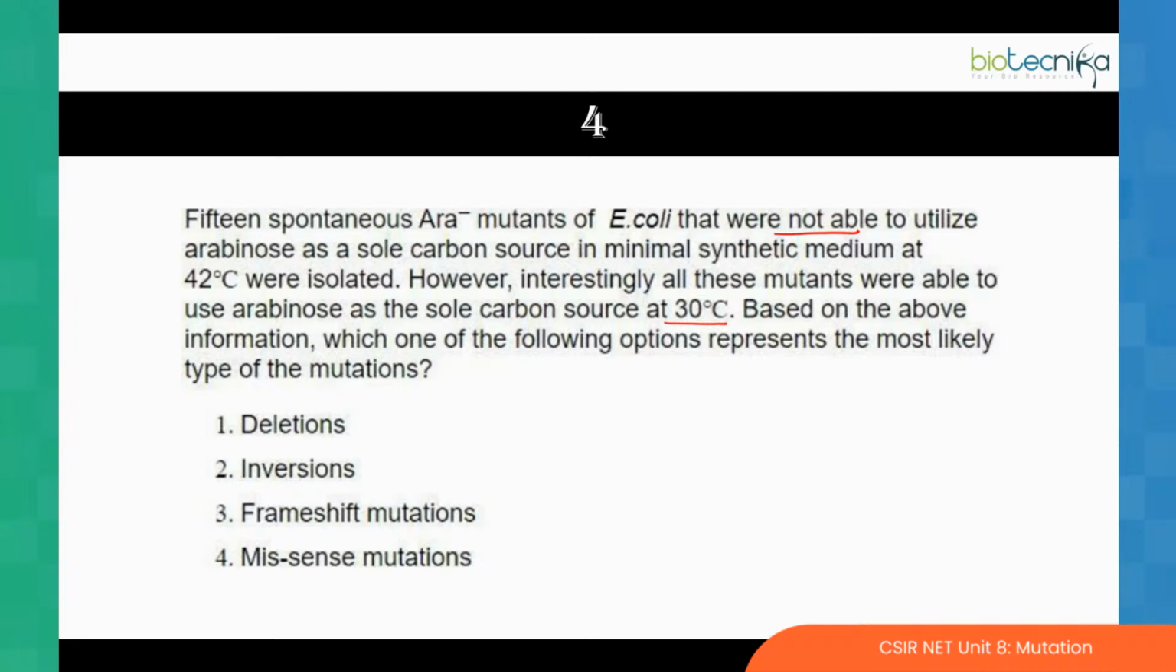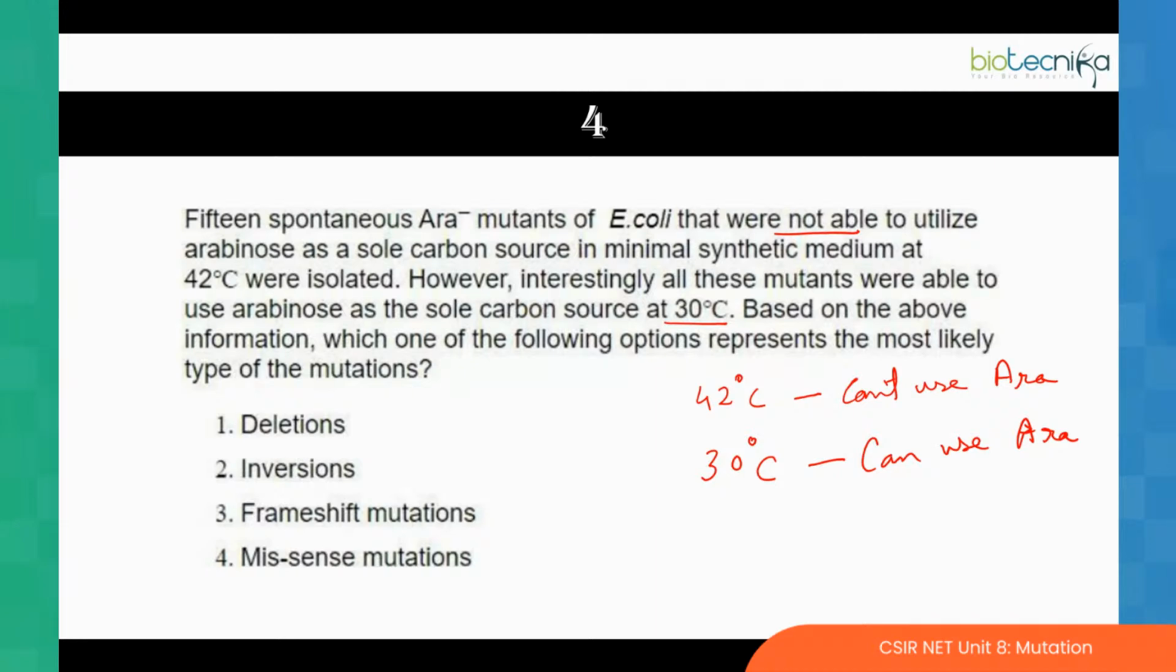Okay, see, first of all, the information that is given. So basically, what it is saying is that E. coli at 42 degrees Celsius can't use arabinose. Okay, but at 30 degrees Celsius, the same cells can use arabinose. Okay, so if you think about what kind of mutation it is, so this is a